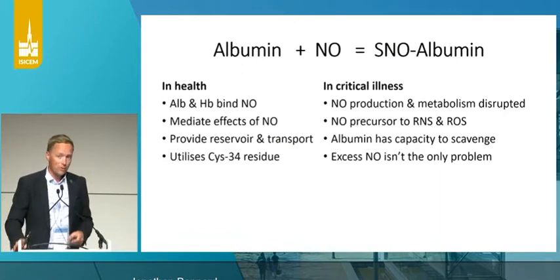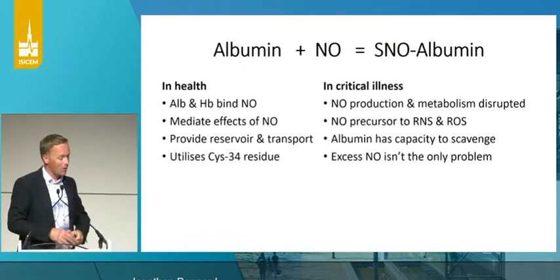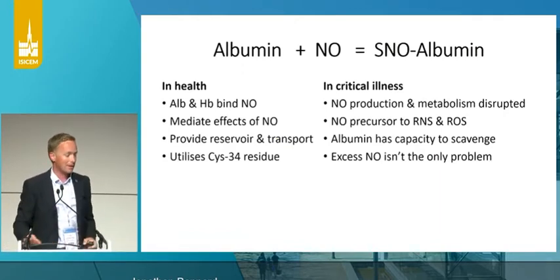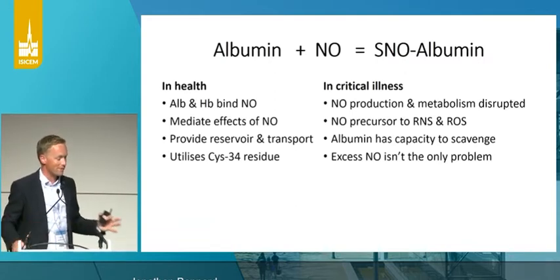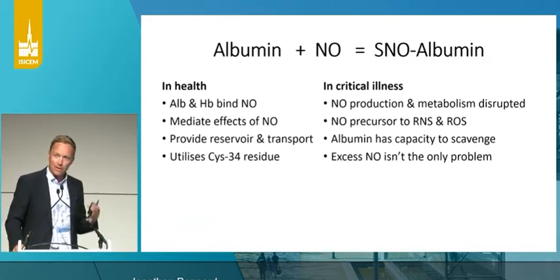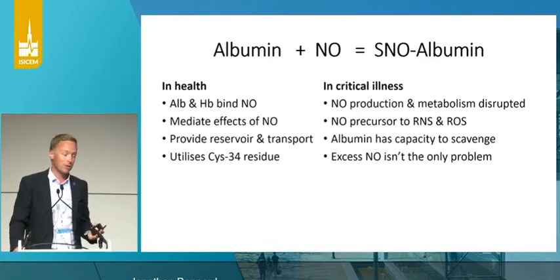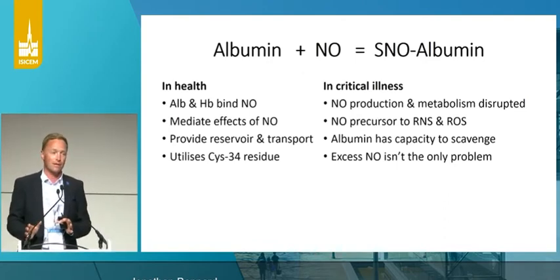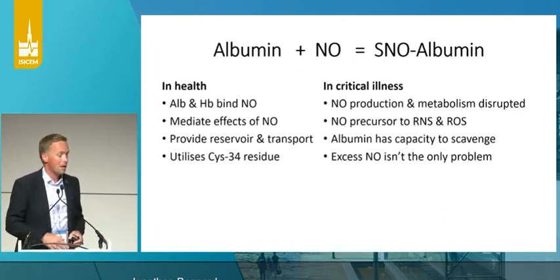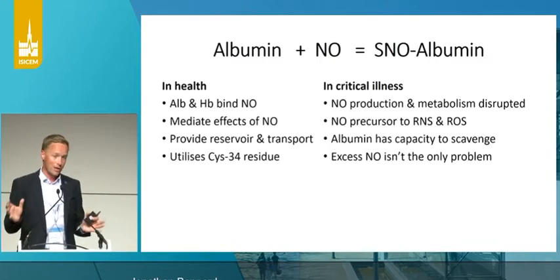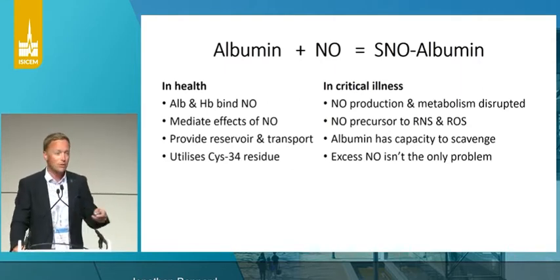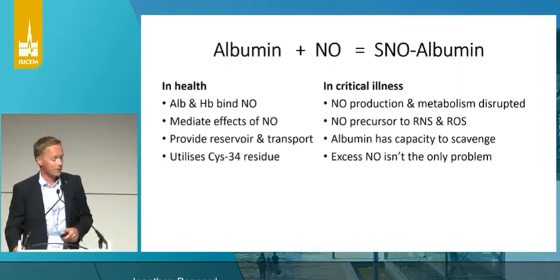And then, of course, there's nitric oxide. Now, not wanting to go into too much detail about this because the literature on this is vast, but we do know that albumin and hemoglobin both bind nitric oxide and actually mediate a lot of its effects around the body during health, provide a vast reservoir for its transport and storage, and of course it's the cysteine 34 residue on the albumin molecule that's actually utilized to bind with nitric oxide for transport and storage,